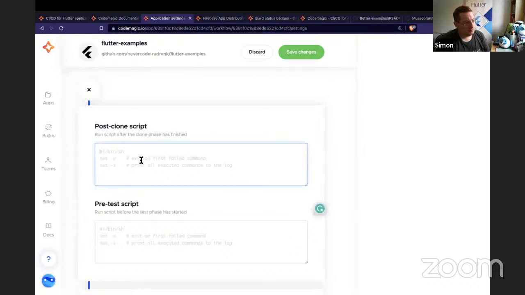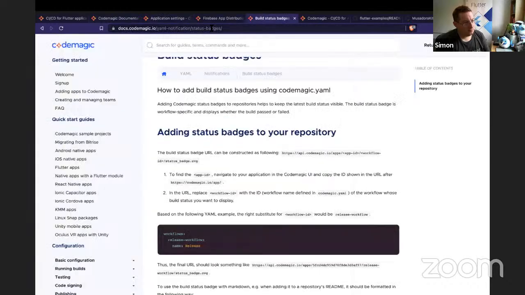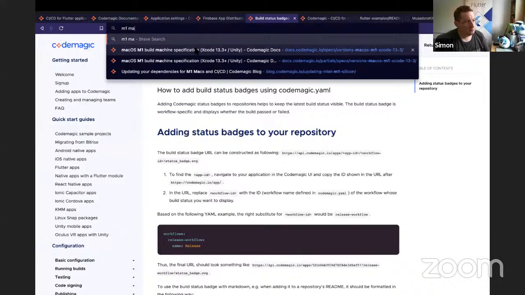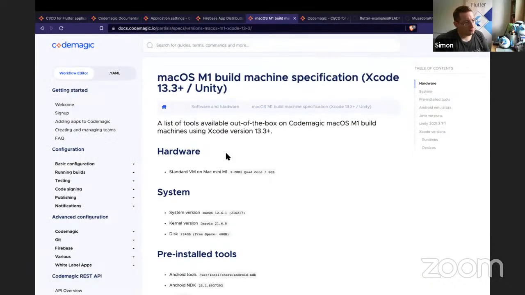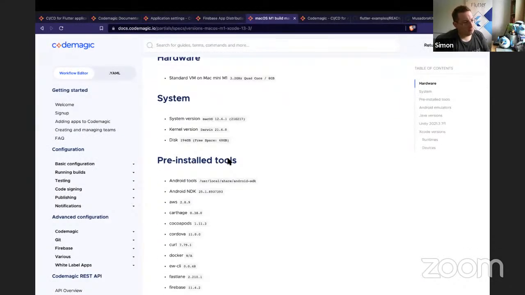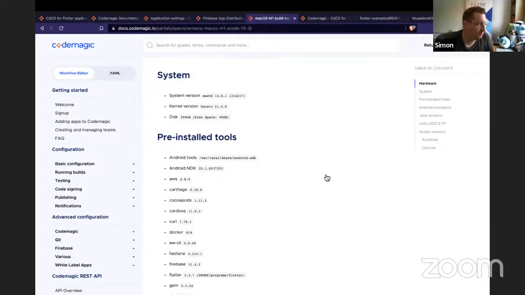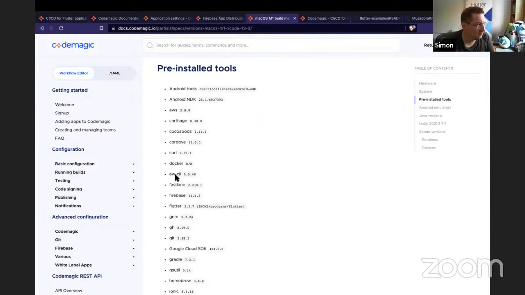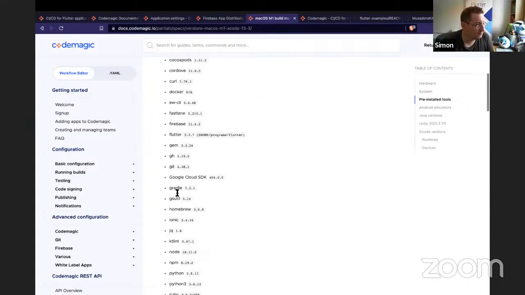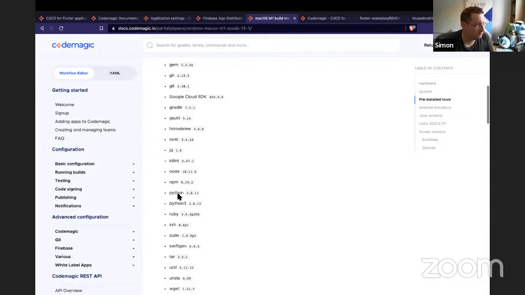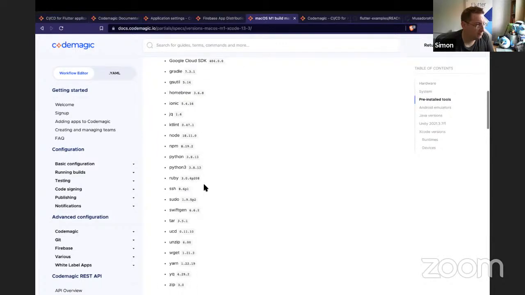Anything that is not on the build machine, you can check by just searching Google for M1 machine specifications, and then you can see the hardware, system, and pre-installed tools that Codemagic build machines already have. If I search for Melos, it is not there. So you can add a script to run it before any test or build happens. You can see that Fastlane, Firebase, Flutter are already pre-installed on the machine. Node, npm,